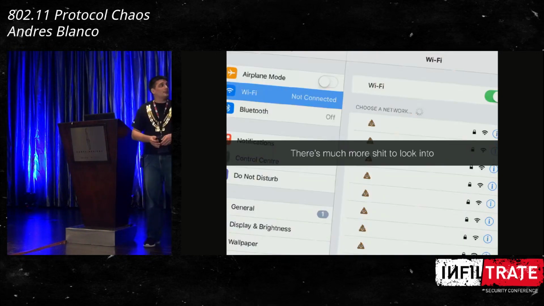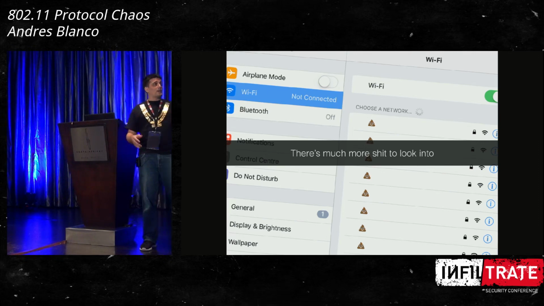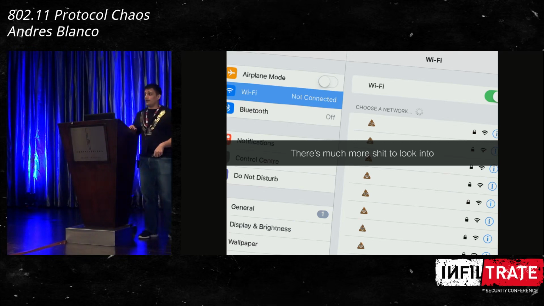And lastly, I have to say that this is only a couple of things. There are many more things to look into, okay? I was the guy that, if someone was using your phone and you saw a lot of junk on the Wi-Fi, it was me, to gather a little bit of attention. But this is only one thing, okay? There are a lot more things.